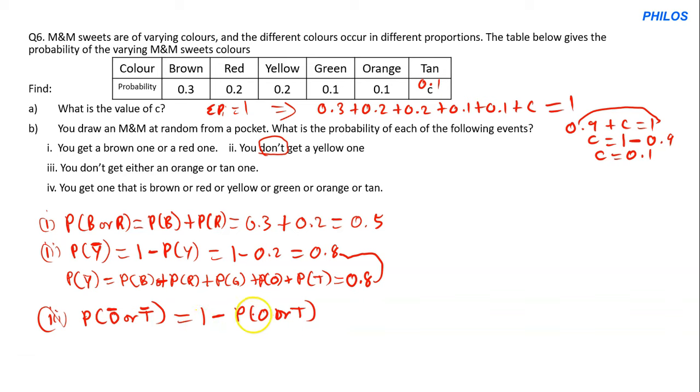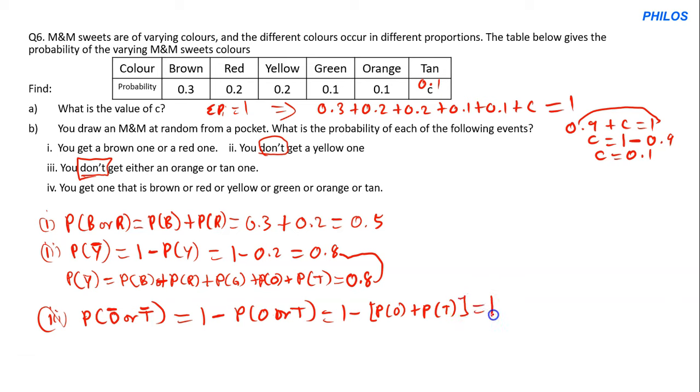It should be 1 minus the probability of getting an orange or a tan. So that will give us 1 minus, in bracket, the probability of getting an orange plus the probability of getting a tan one,